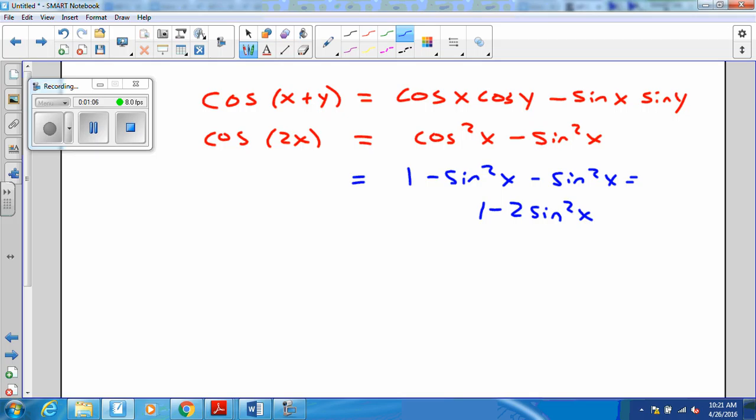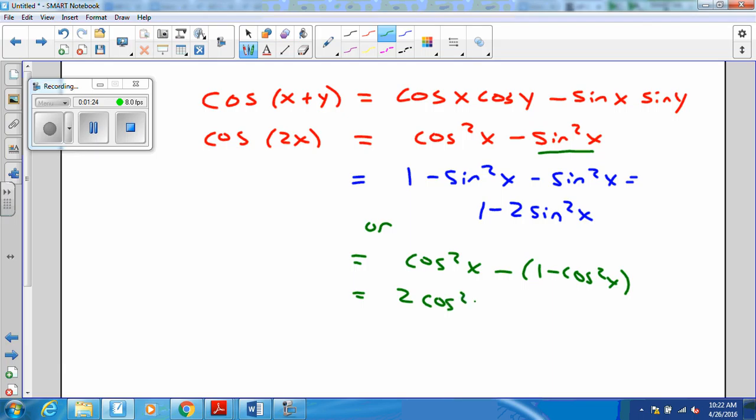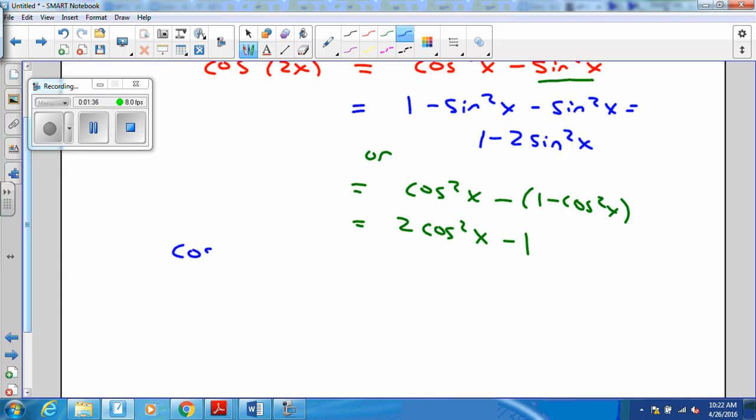But I can rewrite this with the Pythagorean identity to get what we call the half angle identity for sine, or I can rewrite this with the Pythagorean identity to get the so-called half angle identity for cosine. And just a little bit of algebraic rewriting now shows their utility. If I begin with the fact that cosine 2x is equal to 2 cosine squared x minus 1, I can